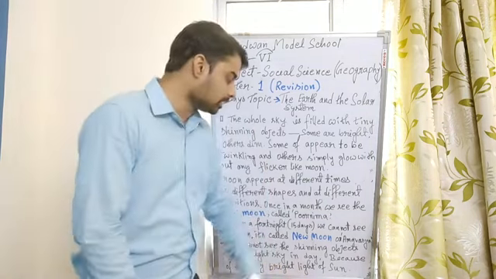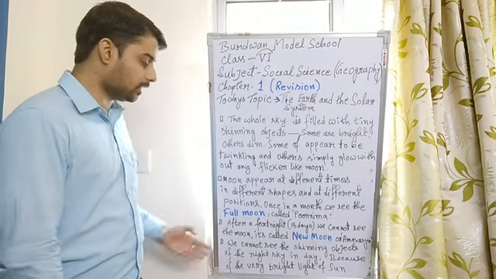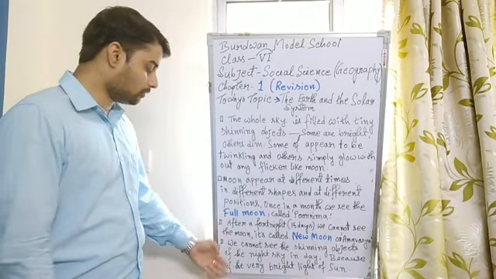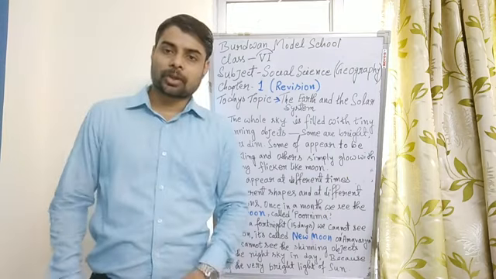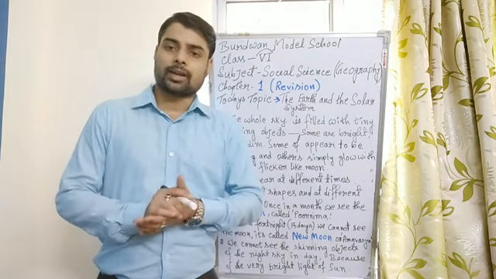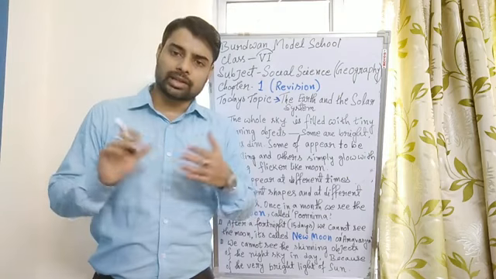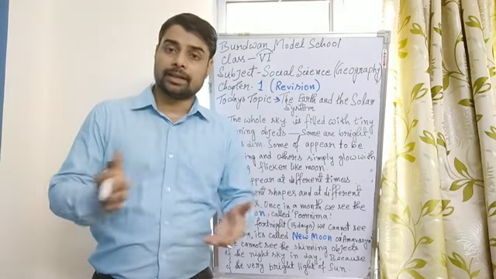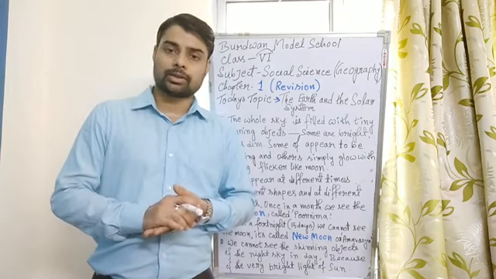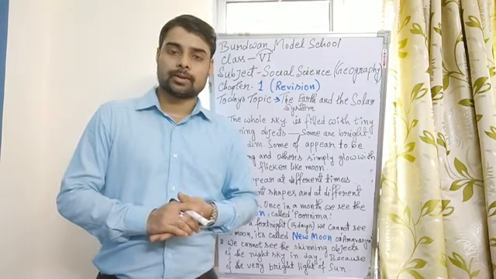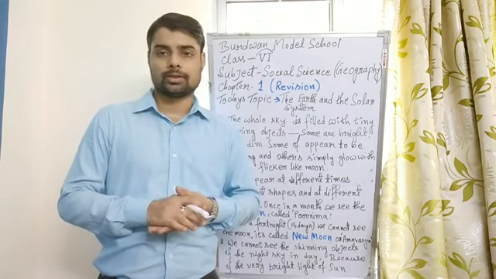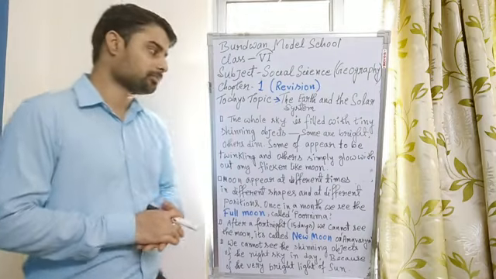Why can we not see the shining objects of the night sky in the day? Because of the very bright sunlight. Because of the very bright sunlight, every object of the night sky is covered, and that is why in daylight we cannot see all those objects of the night sky.